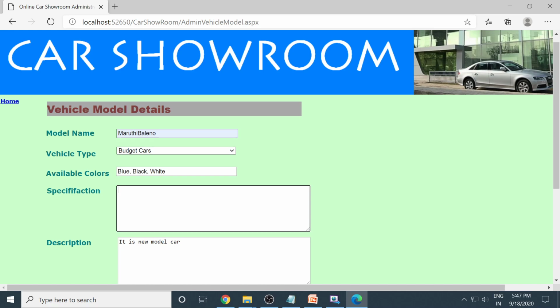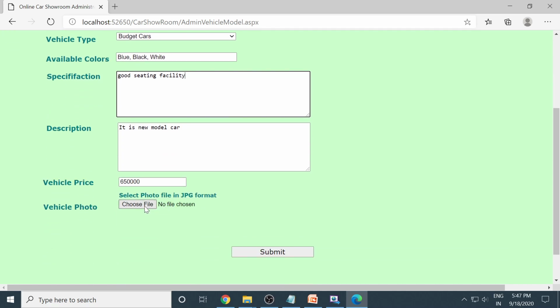As far as specifications are concerned, good seating facility. I mean, this is not the one, but there is a specification sheet they provide that we need to copy and paste here. Right. If there is a vehicle photo, we can use the photo.